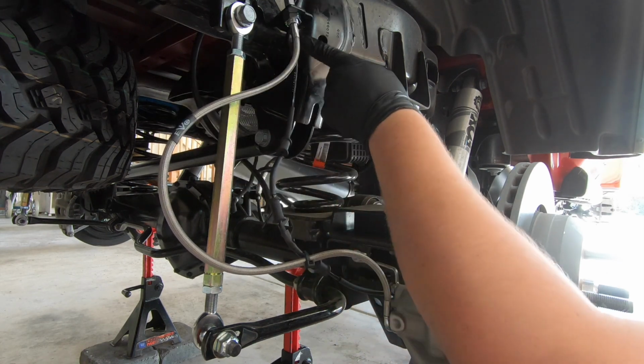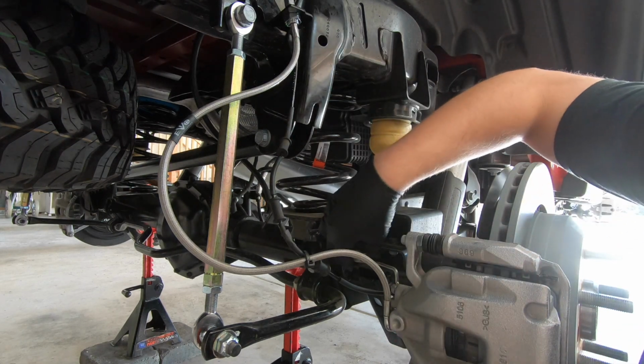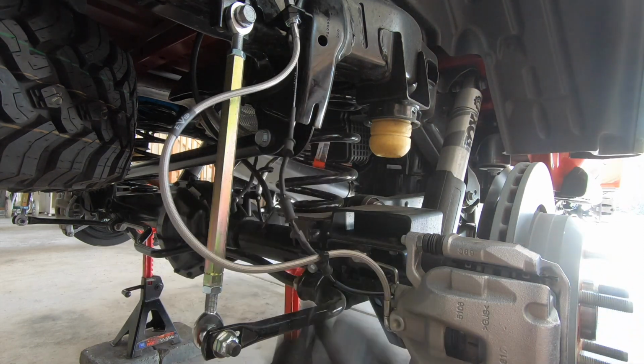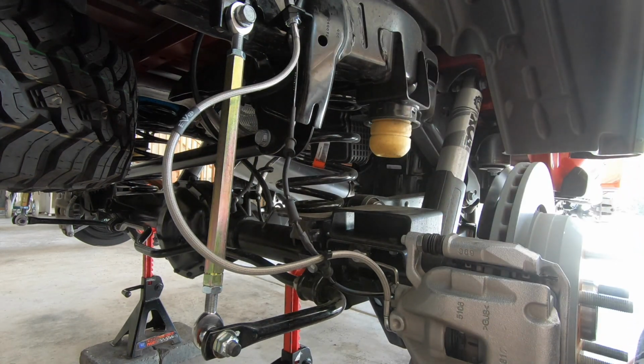The rest, the top is obviously stayed up together off of this bracket, and then also off of the bump stop plate on the bottom. It looks like there's a bracket here that holds this ABS line, so I'm not too worried. The brake line has pretty good movement to it. I'm gonna go ahead and retighten the top and the bottom and just make sure it's all